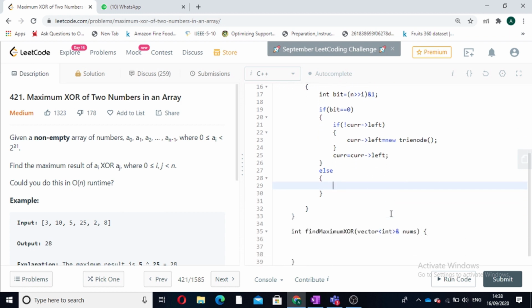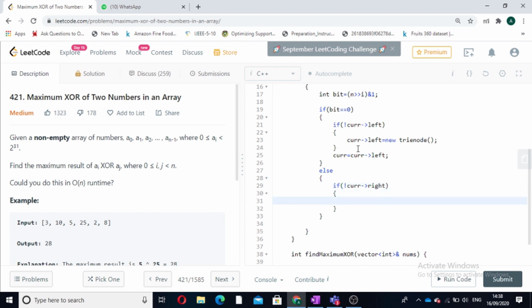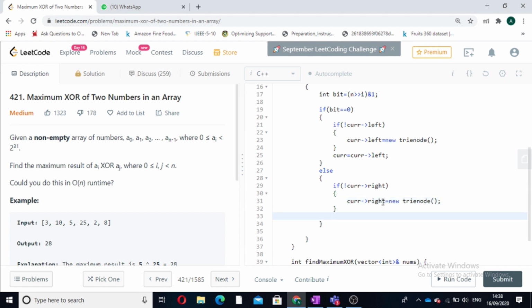First we check if the right node exists or not. If the right node does not exist, we first form the right node, and then after forming it, we move to that node. Current is equal to current right.